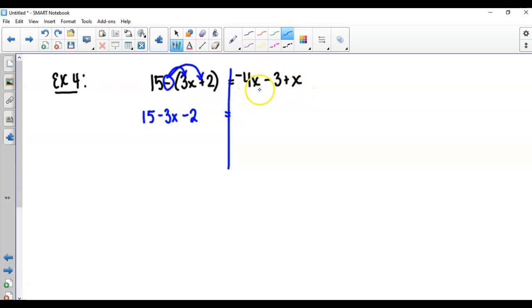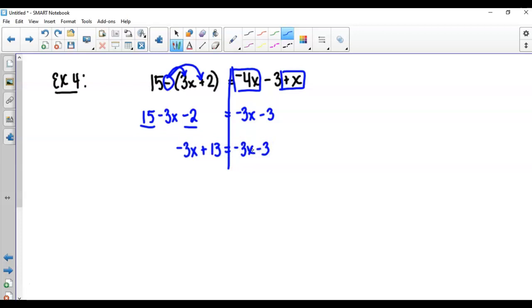And then over on this side, I could combine this negative 4x and this positive x, which would give me negative 3x minus 3. Now on the left-hand side, I want to go ahead and combine this 15 and this negative 2. So over here on the left-hand side, I'll have 3x plus 13, and that's going to equal negative 3x minus